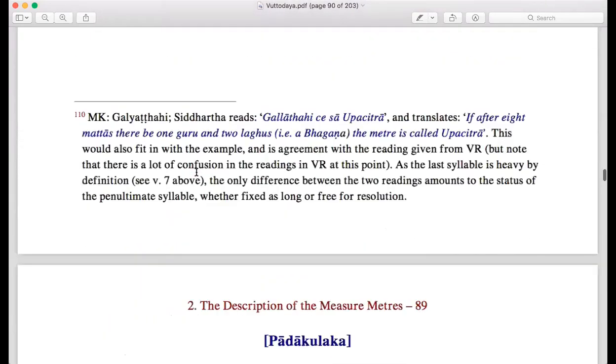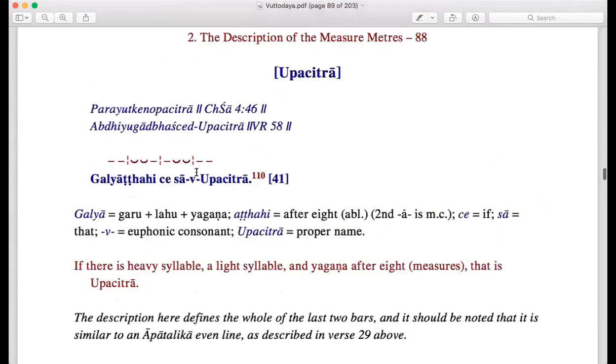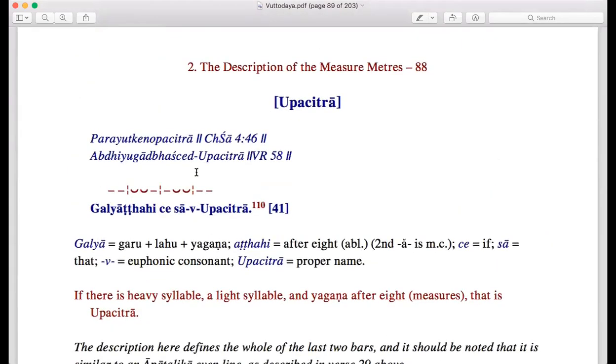Excuse me, Bante. May I have a question? Of course. I am not clear that here in the Matta Vutti we have the five gana, excluding the three gana with the five measure. But here the Yagana with the five measure is included in the Matta Vutti. Yes, that is also a very good question.